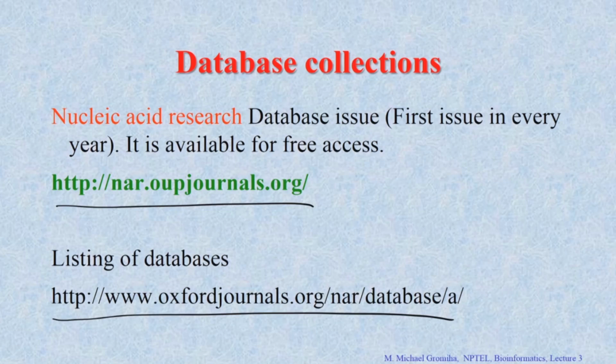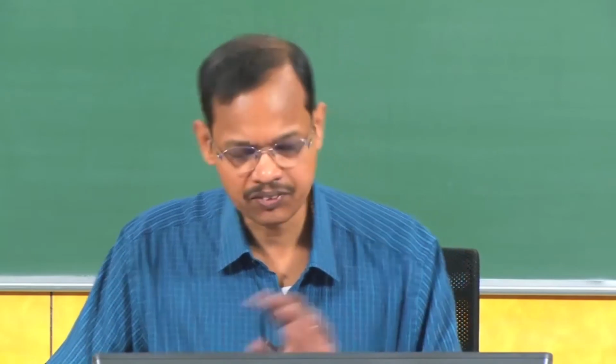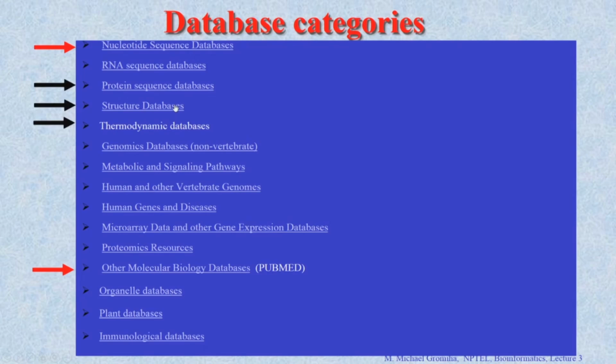If you go through this list, you will get a lot of information. Also they classify the data into various aspects. These are the different categories. They classify the data into nucleic acid sequence databases and RNA sequence databases, protein sequence databases and structure databases, thermodynamics and genomics, metabolic and signal pathways, human genes and diseases, proteome databases as well as other molecular biology databases, plant databases, immunology databases and so on. So they have different categories, and if you are interested in protein structures, you go to the structures,